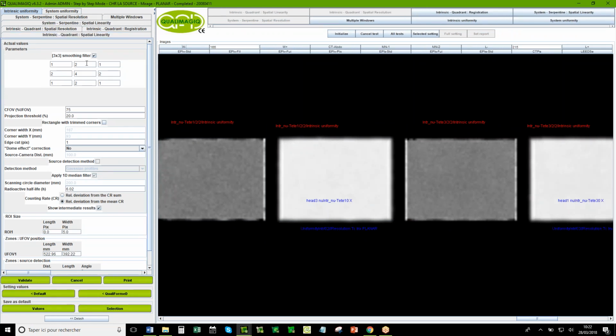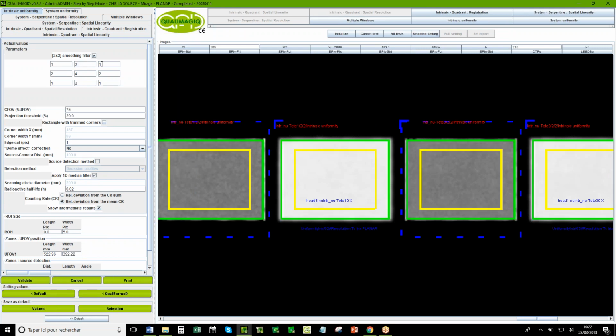In the NEMA, they propose before doing the measurement to blur the image, to reduce the noise. And here you have the kernel to blur the image. Okay, so normally you have to use this kernel 3 by 3.